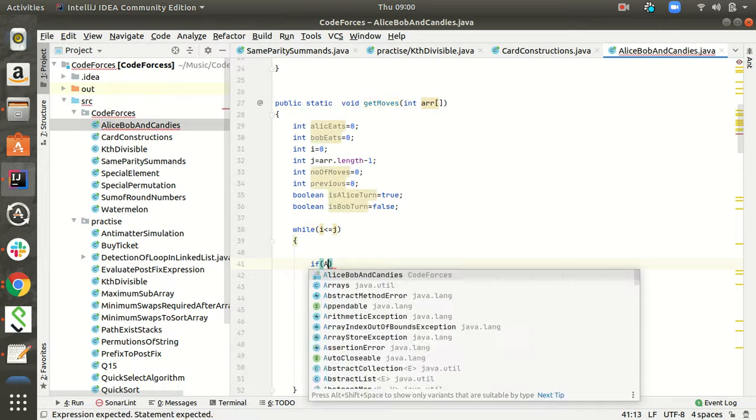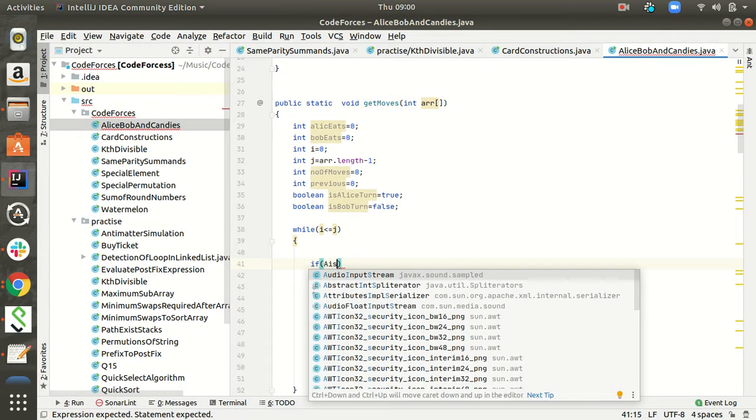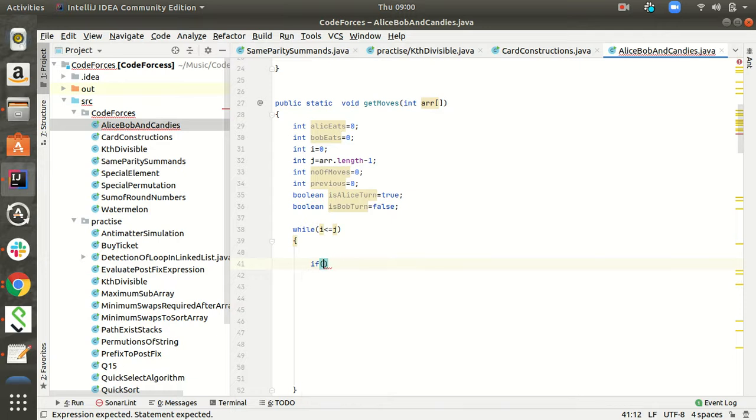If it is Alice's turn, initially it is Alice's turn, there will be a sum which should be greater than previous sum plus 1, and once it is, we'll terminate.